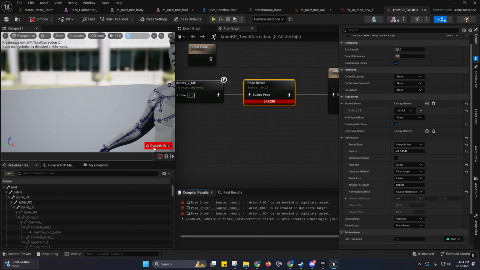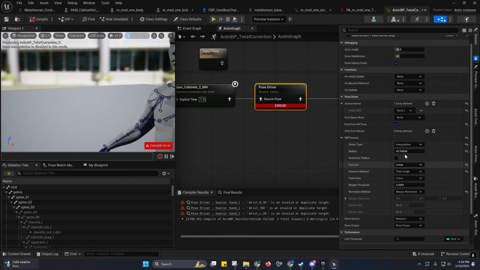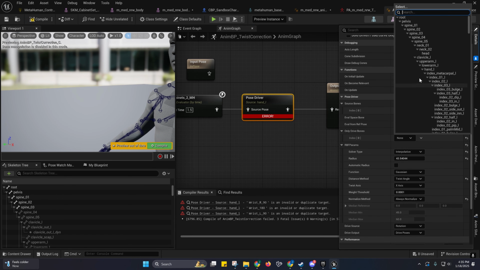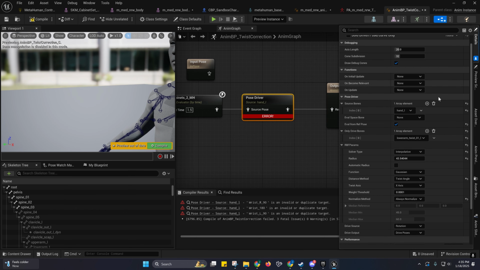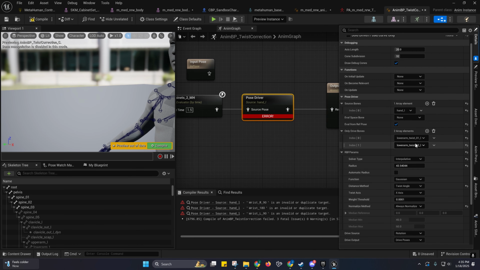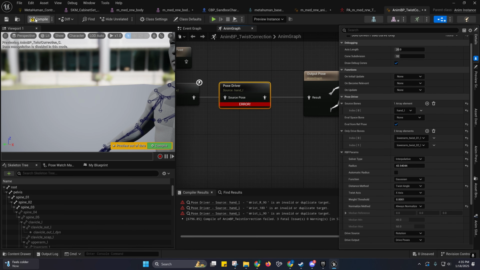I think we want that to be Gaussian. Yeah, we want it to be Gaussian. With linear, you have to treat linear a little differently. That's why we're getting the error there. Oh, well, I don't have the drive. Okay, that's why it was. Okay, my bad. So we need these twist bones here because we're driving both the twist bones. We're only driving the second one in one of the poses, but